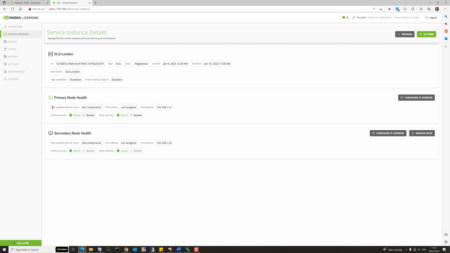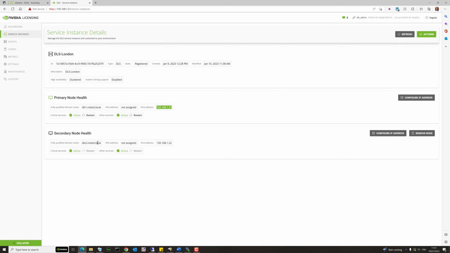You'll also notice that we've been given a fully qualified domain name as well. Now, these FQDNs haven't been set up when we set the appliance up. What happens is when the virtual appliances boot, they get their own static IP address. What the appliances do is a reverse DNS lookup of that IP address, and if DNS has a reverse entry in it, it'll actually populate these fields here. So you can see